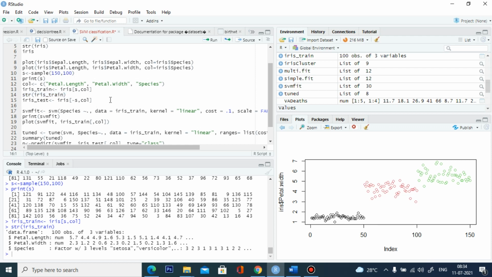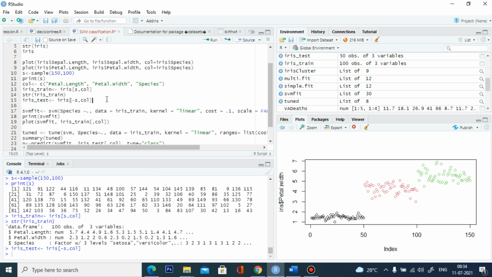Second, I am going to initialize the iris test set. The minus sign means the remaining data set. In our training we are taking 100 samples. In our testing we are going to take the remaining 50 samples. So run it.